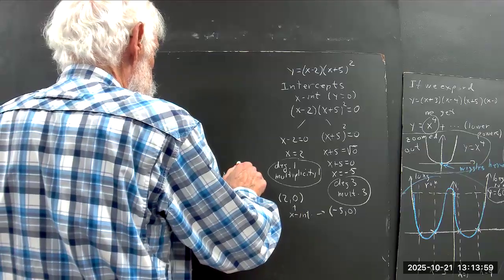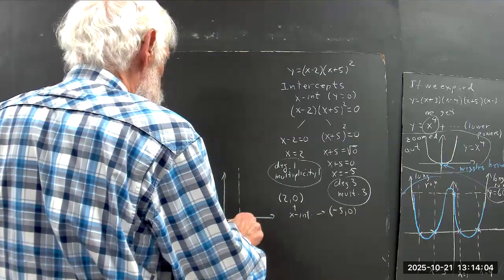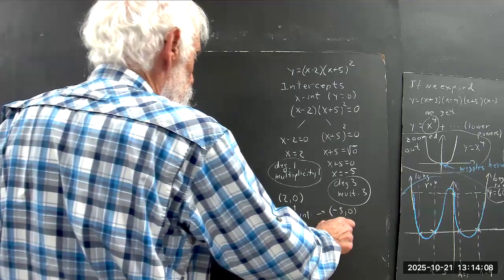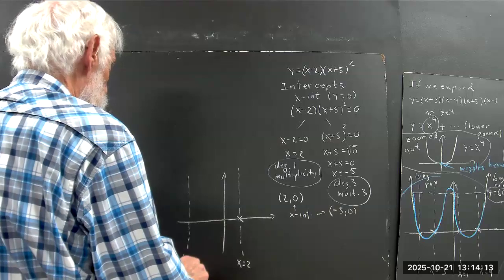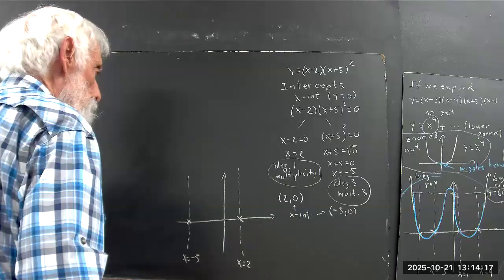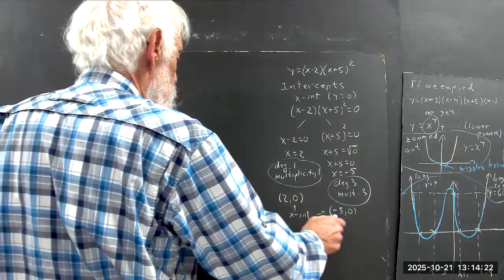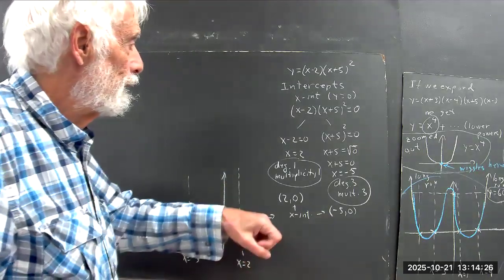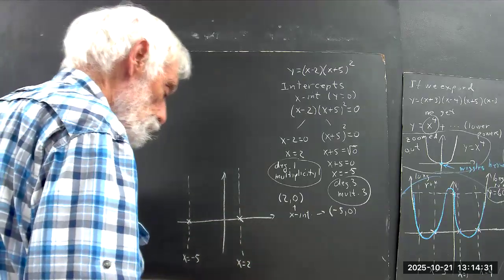So we have x equals 2 here, and we're going to have a 0 here. And then (-5, 0). Okay, well, 2's there. -5 might be about here. Now, it's kind of important to remember what the multiplicity is. Because, and I said degree 3, multiplicity 3,